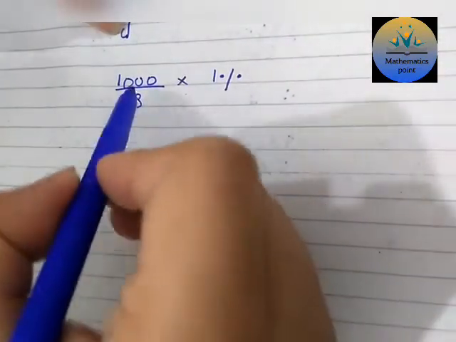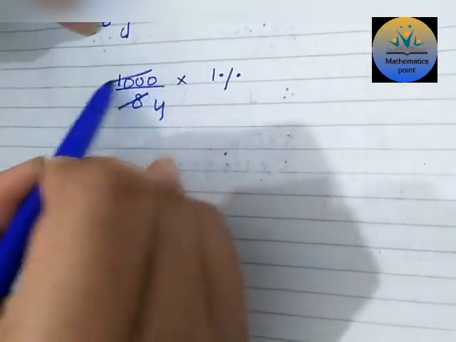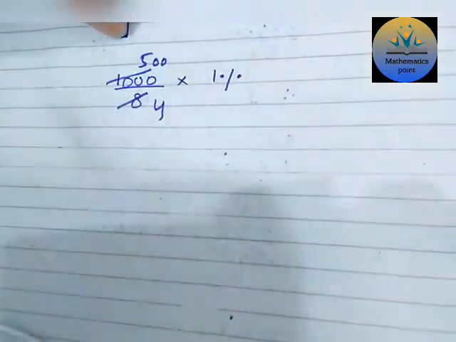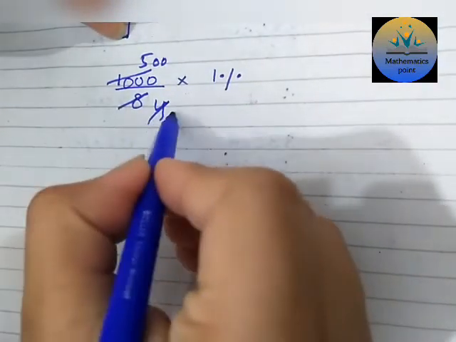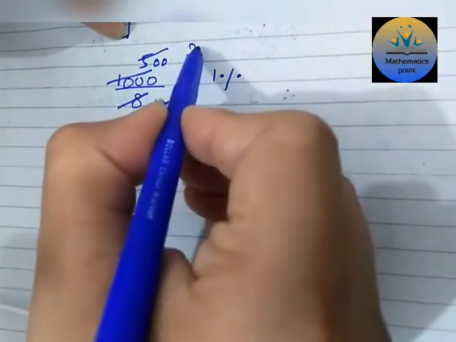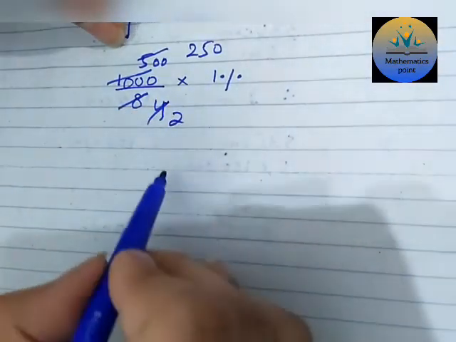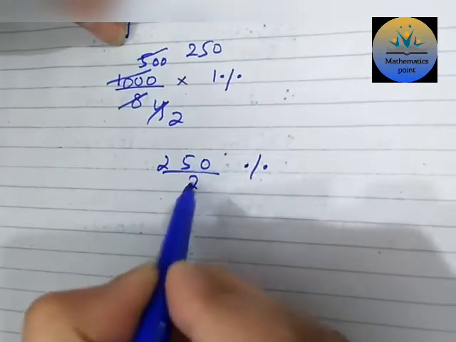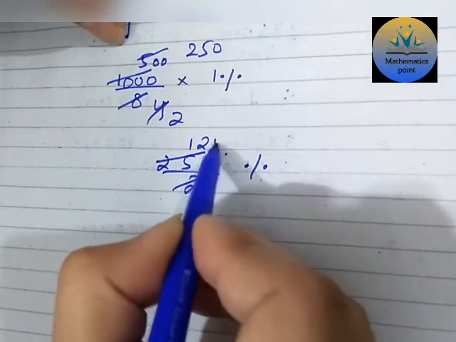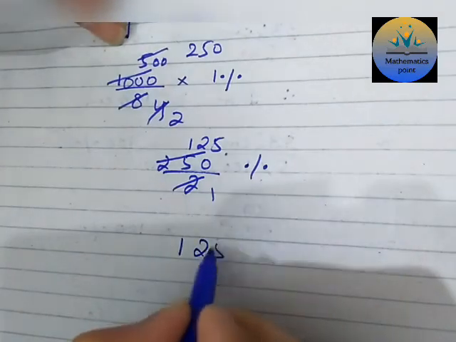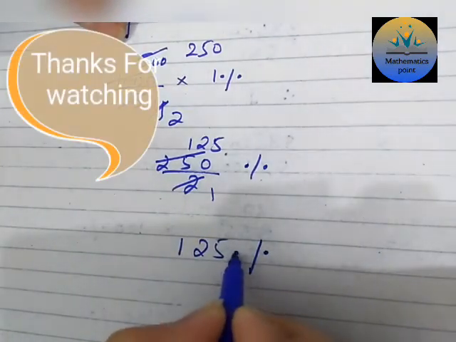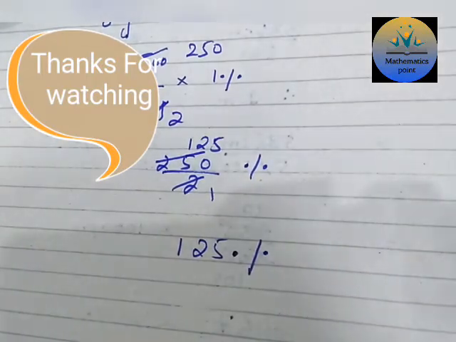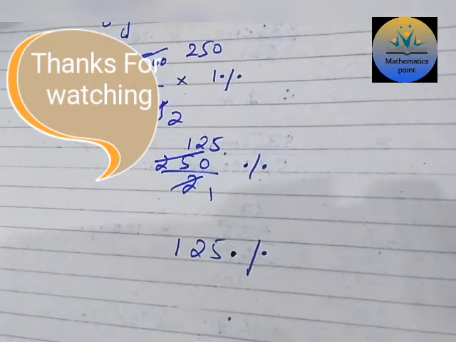Okay, so now we further simplify. 2 4s are 8, 2 5s are 10, keep 2 zeros as it is, then 2 2s are 4, again 2 2s are 4, 2 5s are 10, 0. It is again divided by 2. A new fraction we have 250 by 2. So 2 1s are 2, 2 1s are 2, 2 2s are 4, 2 5s are 10. So new percentage is 125%. For those who are seeing that by using the calculator it is not clear, you can use the calculator which solves by this method. Or if it will not be completely divided, then definitely I will write the answer in mixed as well as